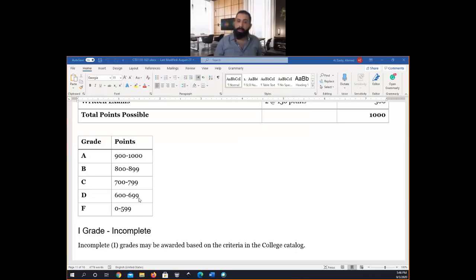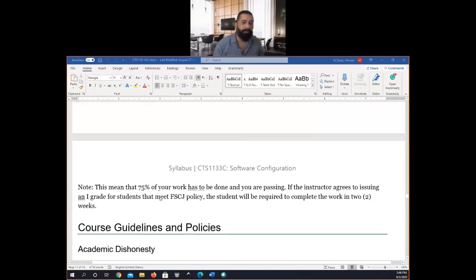Can I get an I for my final grade? Every time I get the same exact question, and I always say yes, but it has a rule. In the catalog, it says that 70% of the work must have been done, and that you are passing with a C, but you just want to have 1-2 weeks to complete your work. And by that, I can assign you an I, after you sign off an agreement. There's a form that you need to fill, and I need to agree to it, and you need to agree to it, and so on. And we need to have documentation in order to give you an I, otherwise no,